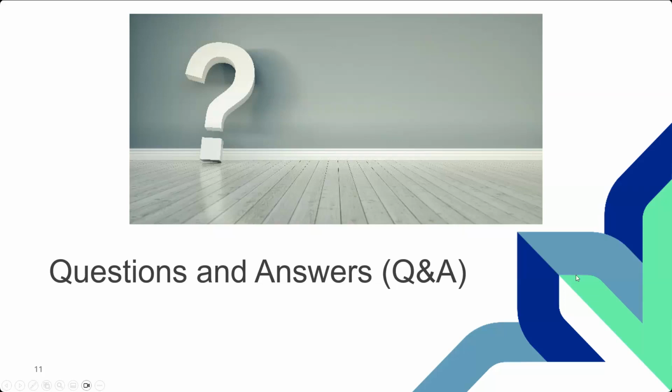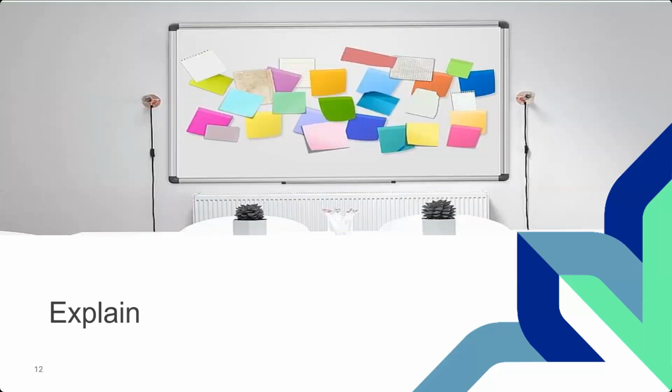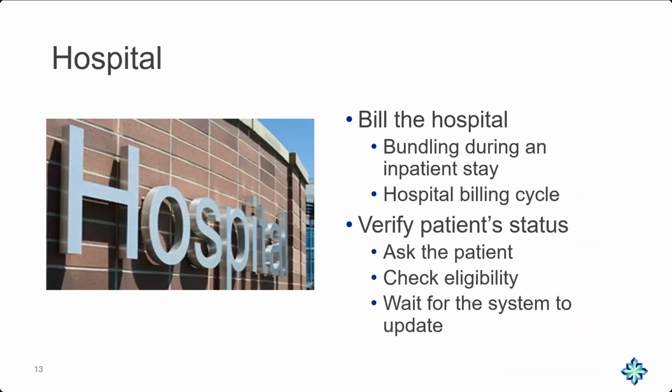All right. We'll start with one of the biggest concepts as we go through this explanation portion. Now, this is where I'm going to focus on certain types of bundling. The main type of bundling that people see a lot, and that actually causes us a lot of denials, is hospital bundling. Now, this is to bill the hospital, but it's bundling during inpatient care. Please keep in mind when we say inpatient care, I mentioned this earlier, but it can be 1 or 3 days before for certain diagnostic and other procedures. This means that they're related to or incorporated within that inpatient bill. So that means if they come in today, we're going to go back 3 days. If it's an acute care hospital, 1 day for certain other ones.